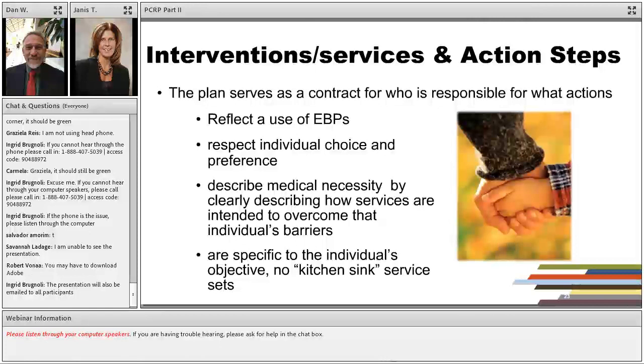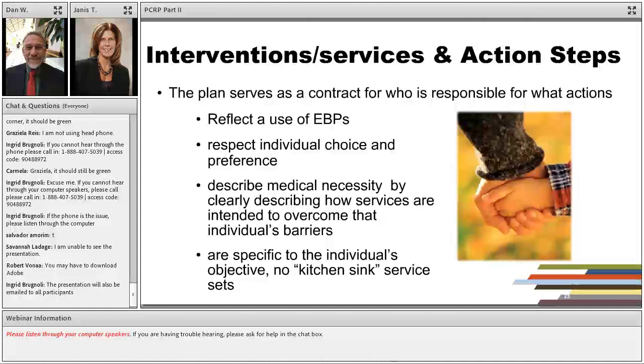So when you read your interventions, we sometimes say, you want your plan to make sense from the top to the bottom, but also you want to read it from the bottom to the top. So before you put an intervention into a plan, you want to look above it, and you really want to make sure that it's linked in a logical way to the objective that you've included above it.